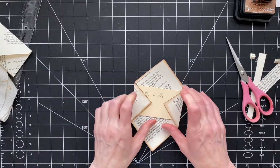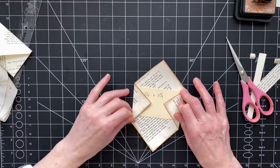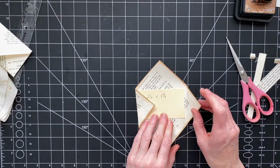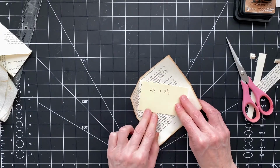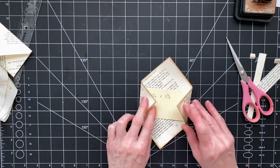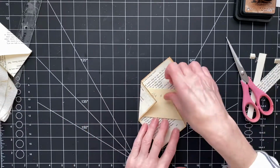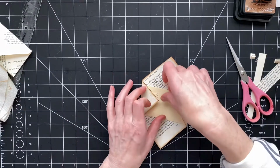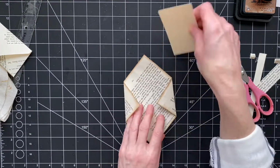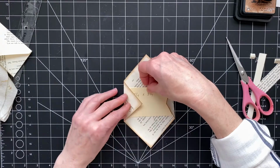I mean, I'm sure somebody else has a better way, but this is the best way I could come up with it. And I don't know, maybe I just still didn't fold real well, but I guess we'll find out when we go to finish it off. We'll see how it works out. I don't know, I feel like it's not going to work. But even if it's a little misshapen, you know, that's okay. It's okay. So I'm going to lay that back down in there